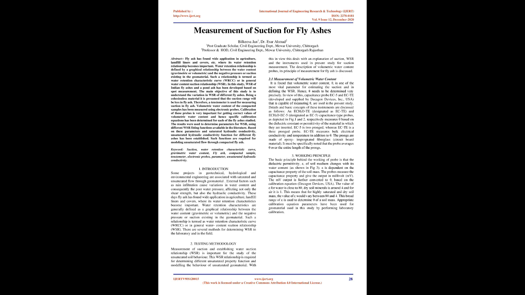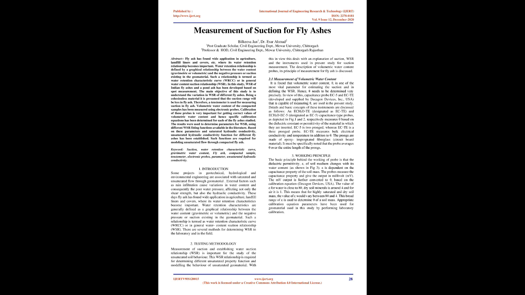1. Introduction. Some projects in geotechnical, hydrological, and environmental engineering are associated with saturated and unsaturated flow through geomaterial. External factors such as rain infiltration cause variations in water content and consequently the pore water pressure, affecting not only the shear strength, but also the hydraulic conductivity. These days fly ash has found wide application in agriculture, landfill liners, and covers, where its water retention characteristics become